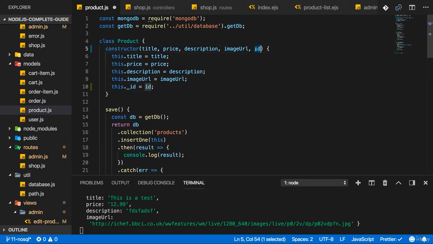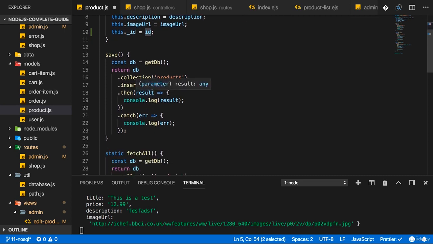You could name this _id here too if you wanted to. So now we accept a kind of optional fifth argument. We're not passing it in the other places of the app, but here I do at least create the option of passing this too. And ID will therefore be undefined and be auto-generated by MongoDB, or we did set it,